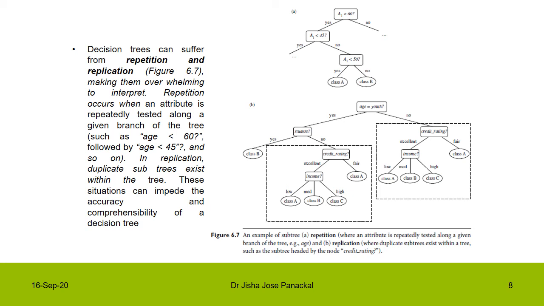That is a repetition, and we may suffer from replication also, where duplicate subtrees exist within a tree, such as the subtree headed by the node credit rating. So these are some problems with decision trees. So we can avoid all this by using the